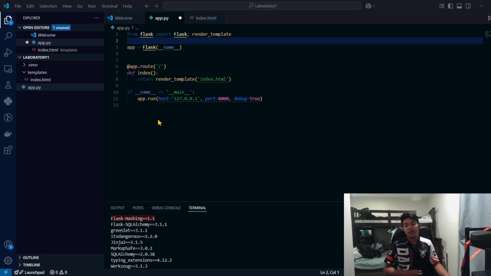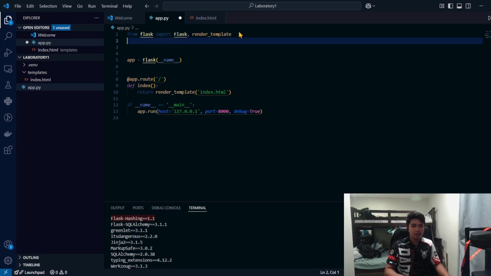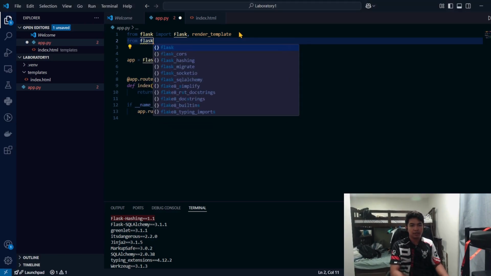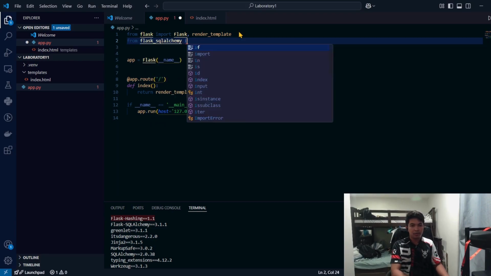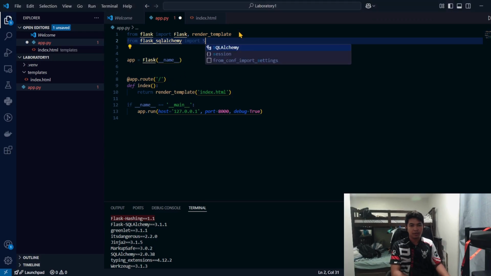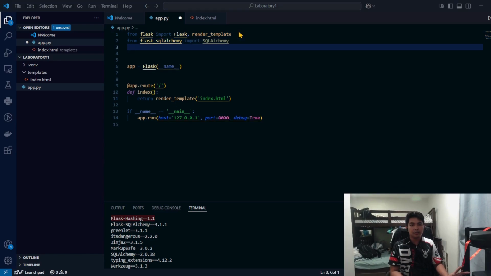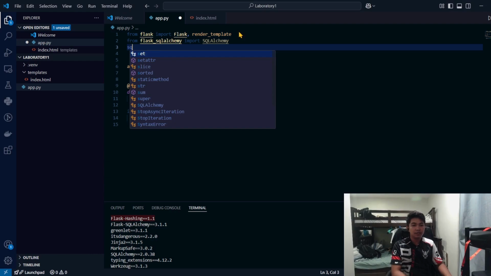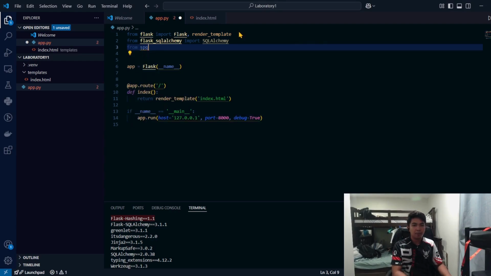Since we already have the SQL Alchemy library, we must first import our Flask: from flask_sqlalchemy import SQLAlchemy. Next, we must import from the original SQL Alchemy the data types that we use in our database.